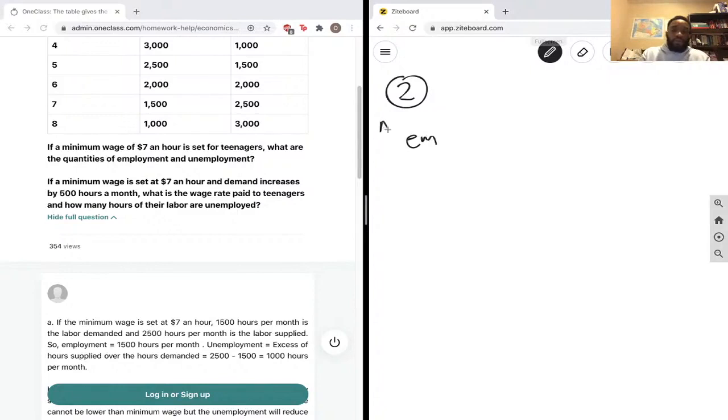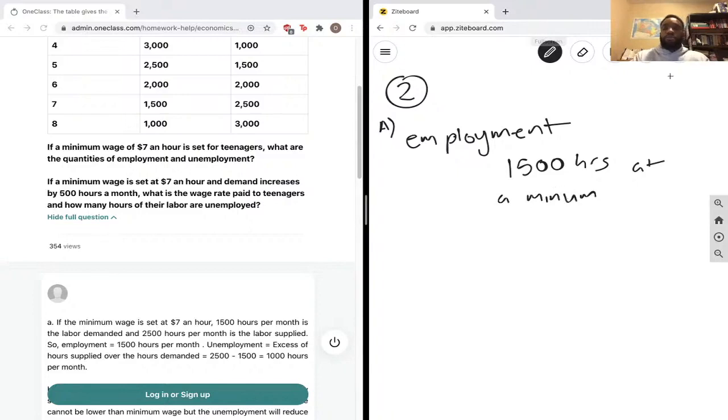So employment, this is part A. Employment would be 1,500 hours. Whoa, that's not how you spell minimum. Employment would be 1,500 hours at a minimum wage rate of $7,